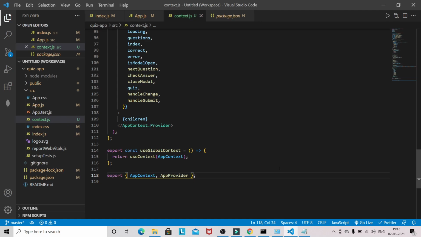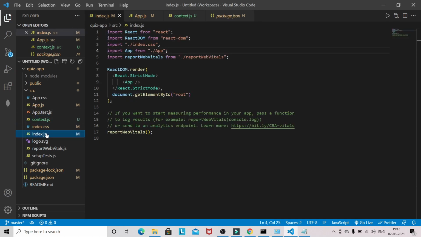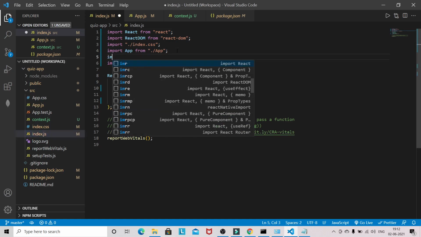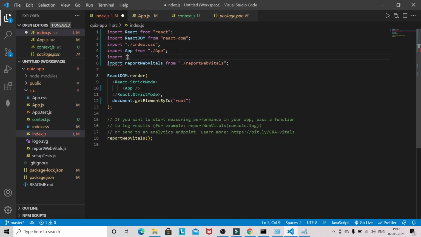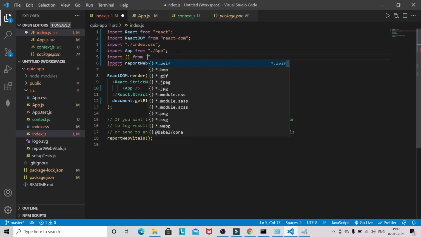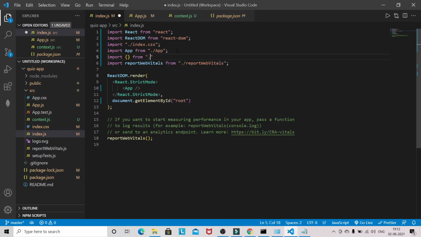Now come to index.js, and we have to wrap the AppProvider around our app so that we can use the context anywhere in our React application.